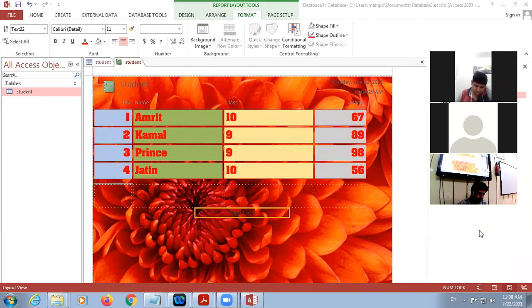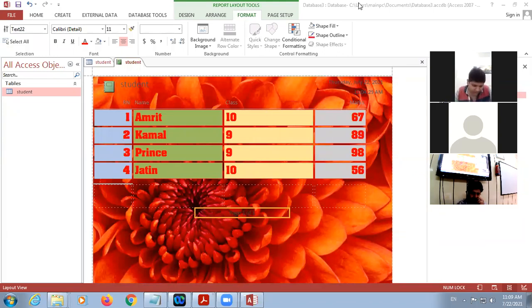Now Anvay will give the answer. Explain the parts of query window. It means there are different parts of the query window. You will name them and explain. Yes, Anvay. Hurry up, beta, give the answer. Prabal? Yes, sir. One minute.